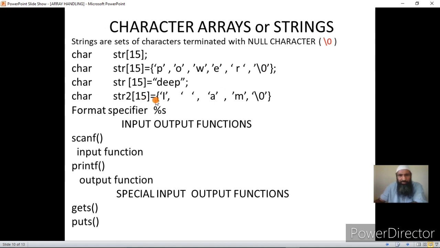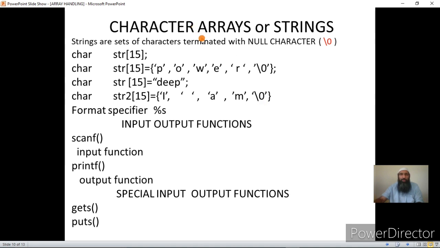Now in another example, I am storing the string "I am" with a space in between. So I will be stored in the first element, but the space also has to be stored. It's not that spaces are not stored. Spaces are represented as characters, because each key press is taken as a character. Whenever you want to type the string I space am, you will have to press the space bar. And at the end again there is a \0.